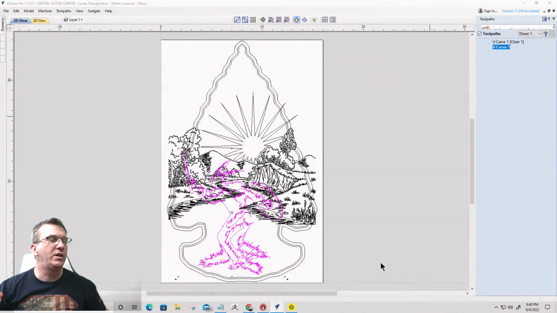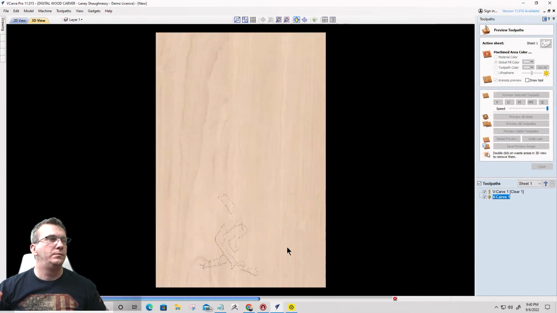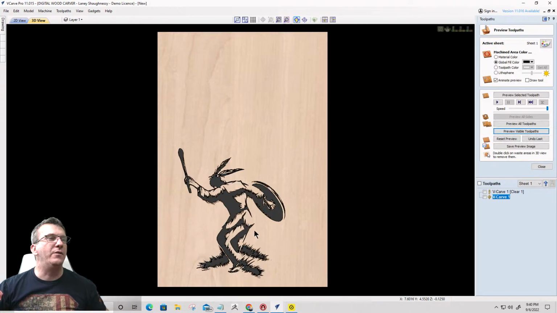The other one is still working on its trim. That would be the foreground